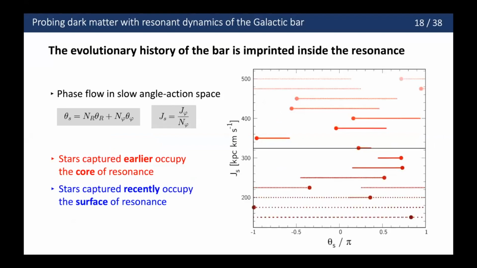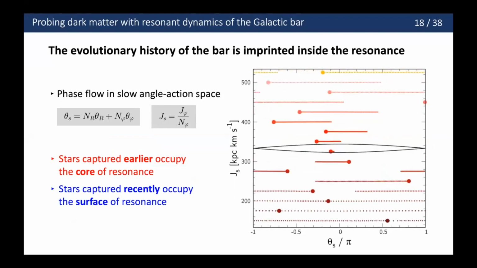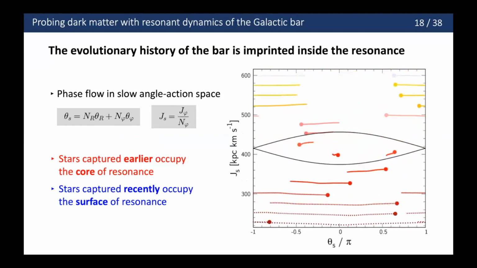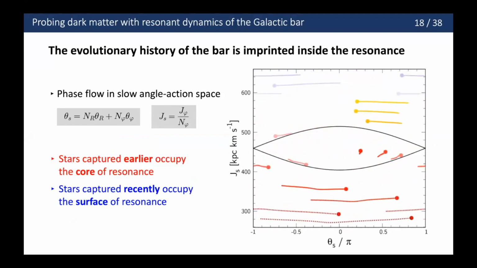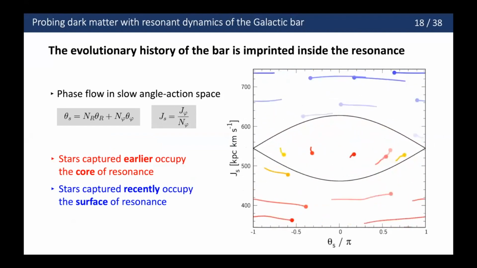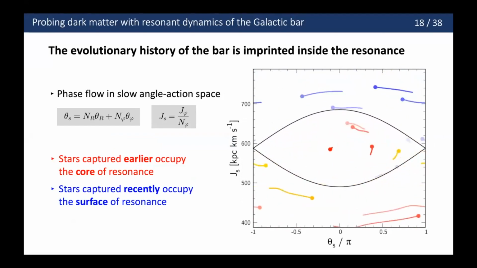So to understand how the metallicity is distributed within the resonance, I first need to understand how the resonance gets populated by the stars. Okay, so in that simulation, I will show how the resonance evolves as it sweeps through the disk. So the resonance is sweeping upward, so the y-axis is moving down. And you can see that as the resonance moves up, the amplitude is increasing as we continuously capture the surrounding